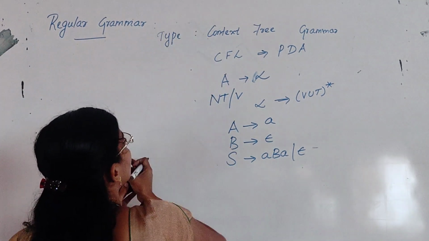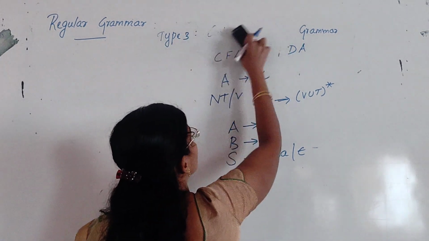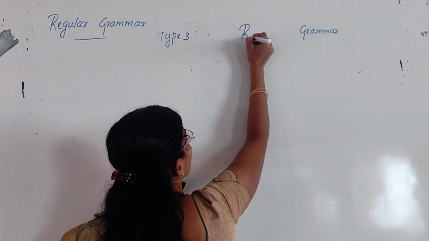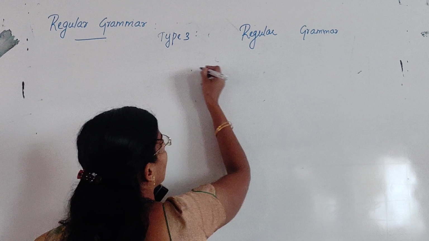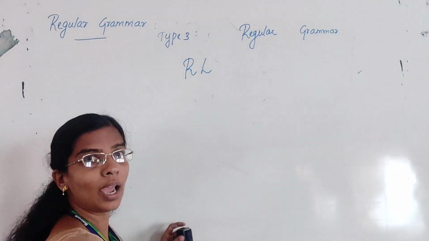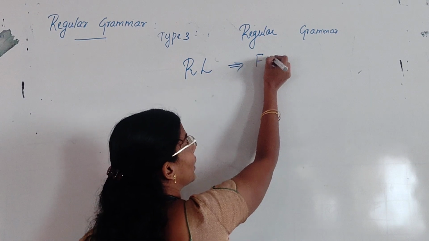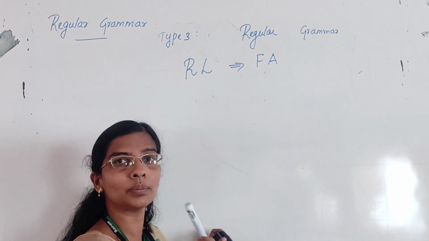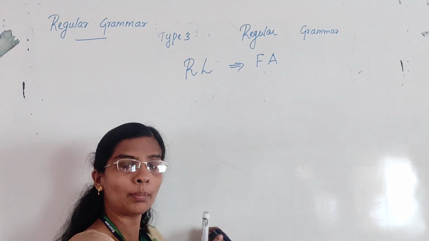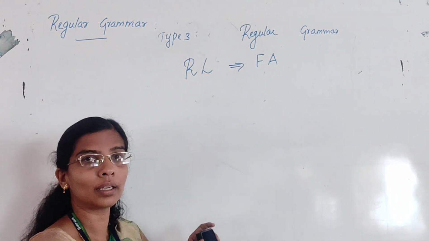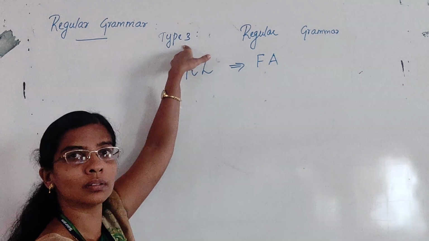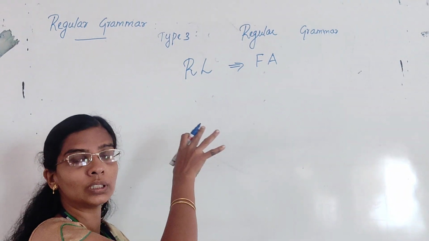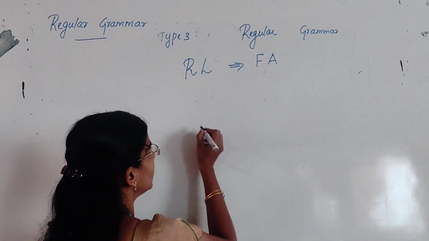Right. Next is type 3. Type 3 is regular grammar, and the corresponding language is regular language, which is accepted by my finite automata. Finite automata accepts regular language, and the corresponding grammar is regular grammar, or type 3 grammar. And what is the form of this regular grammar? It is